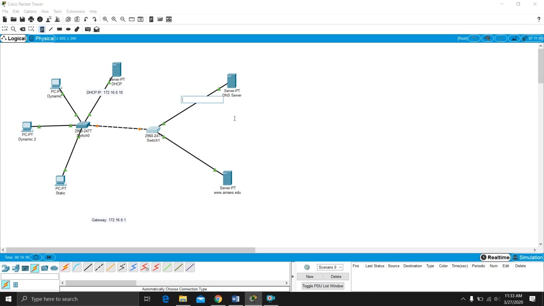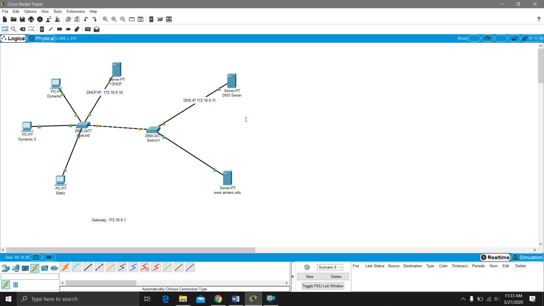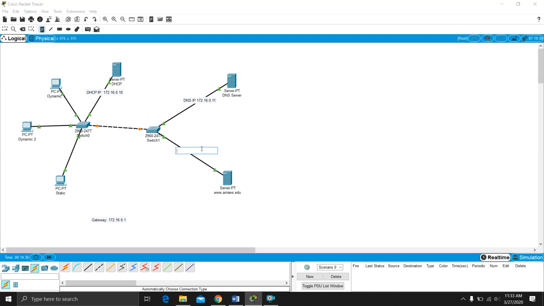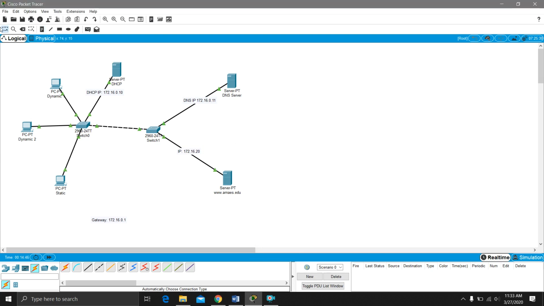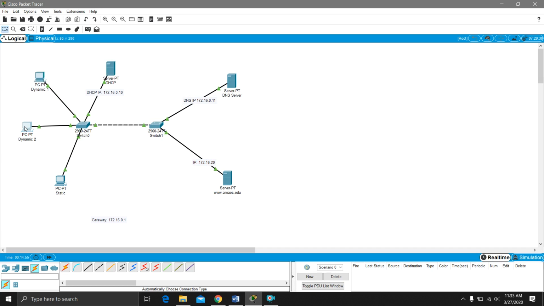So the DNS server will be 172.168.0.11. Okay, and our web server will be maybe 172.16.20. Okay, it's already connected. Okay, let's start